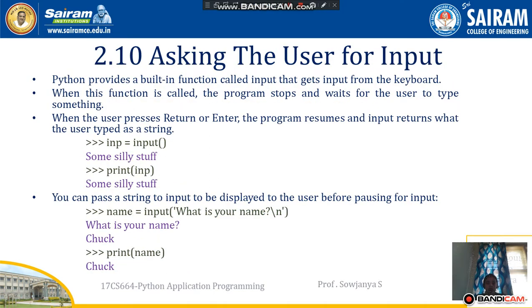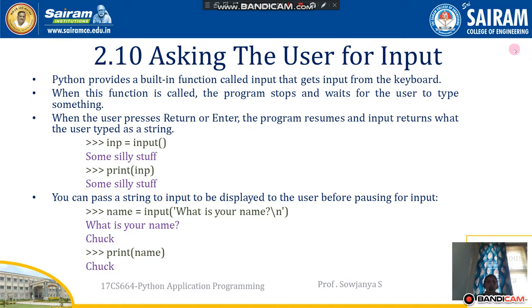Next one is asking the user for input. Instead of you directly giving the input, you want to ask the user for it. For example, you want to ask the user, what is your name? How do you prompt for that? Python provides a built-in function called input that gets the input from the keyboard. When this function is called, the program stops and waits for the user to enter the input. When the user presses return or enter, the program resumes